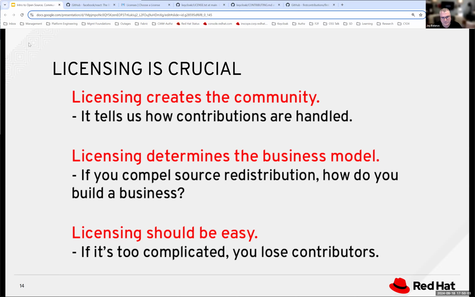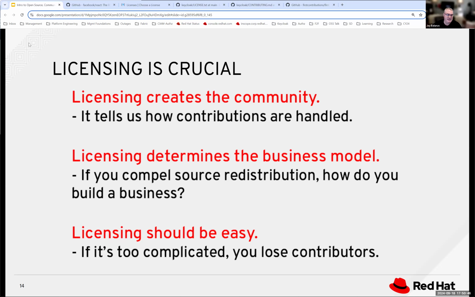Licensing also determines the business model. This gets more important when you start talking about redistributing the software. So if you use an open source project in your system, and then you redistribute that system, sell it, maybe charge people money, there are different things in the licensing around that. For example, if you have Apple CarPlay, or if you dig into your phone settings, or even on your TV, you can probably get through the settings, about, details, whatever. You're going to find a list of open source projects and licenses that it uses, because that's part of the license for some projects, that it has to be recognized.